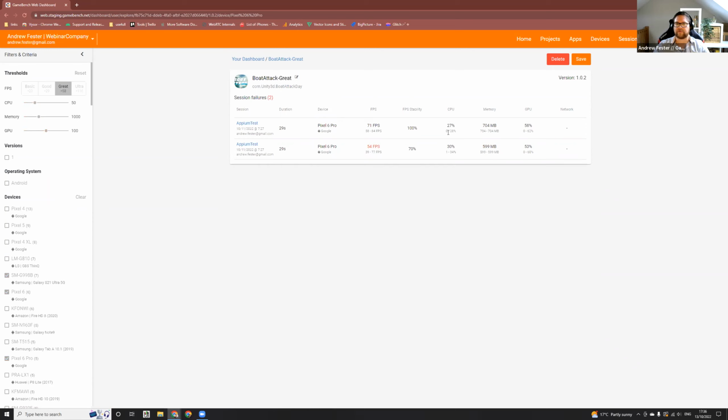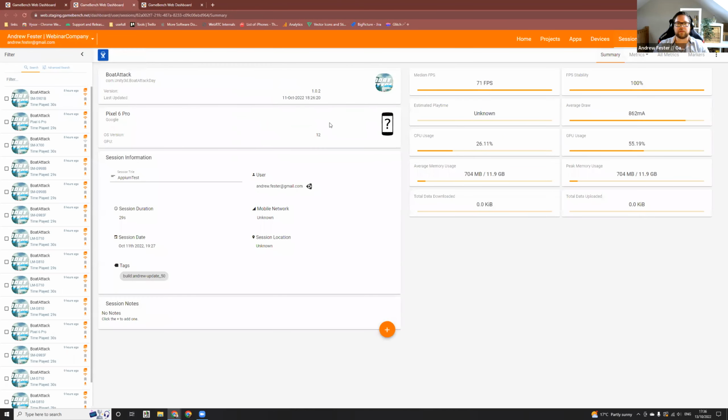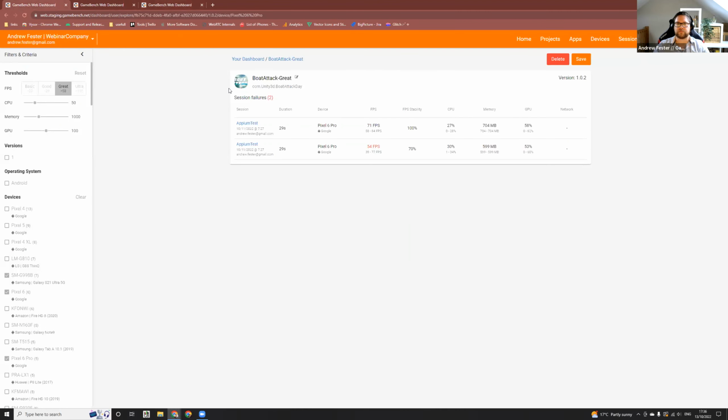If I dig into here, I have 2 sessions. One has a lower frame rate, and one has a much higher frame rate, which obviously is weird. It makes you start to doubt the methodology. However, if I load up these sessions, this session here was done on an Android 12 version, and this one here is the Android 13 version. So one cool thing here is, just from taking 400 sessions, device tiering,